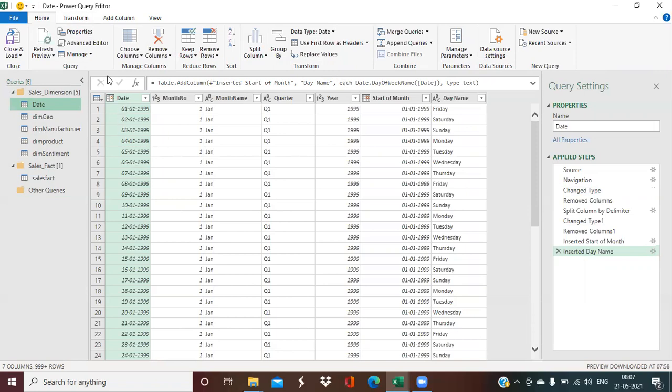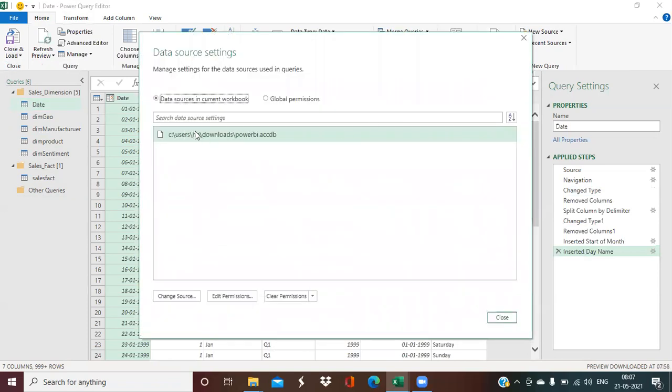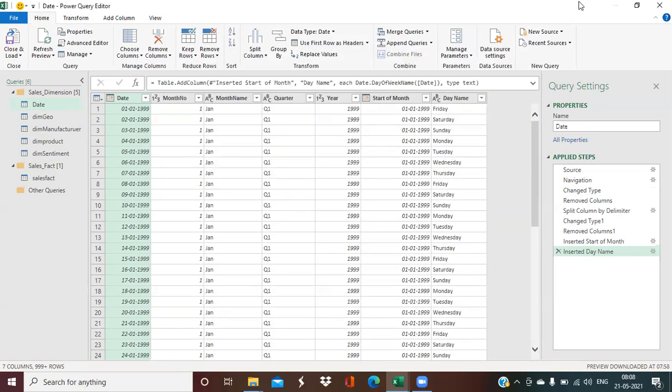So what I want is to apply the changes I have made and load this data into Excel so I can start creating my pivot table. But before that, one more very important point: suppose you already have this data, but you need to add some extra data inside it. What you can do is go to data source settings. You can see here the sources I'm following right now. If you need to add some extra source, go to new source. Is it a file, a database, or other sources?